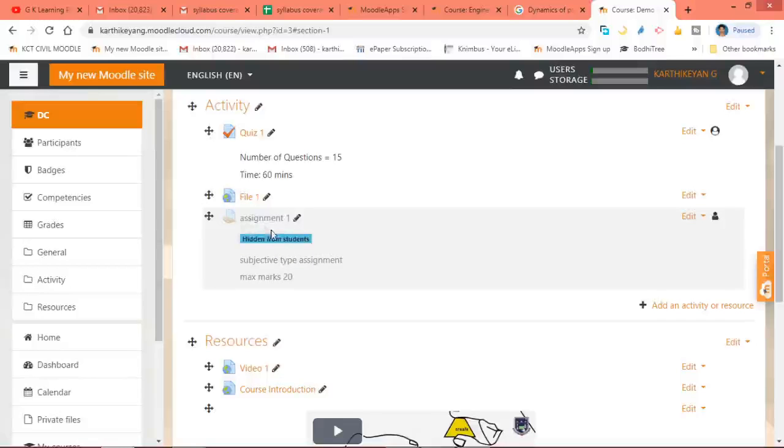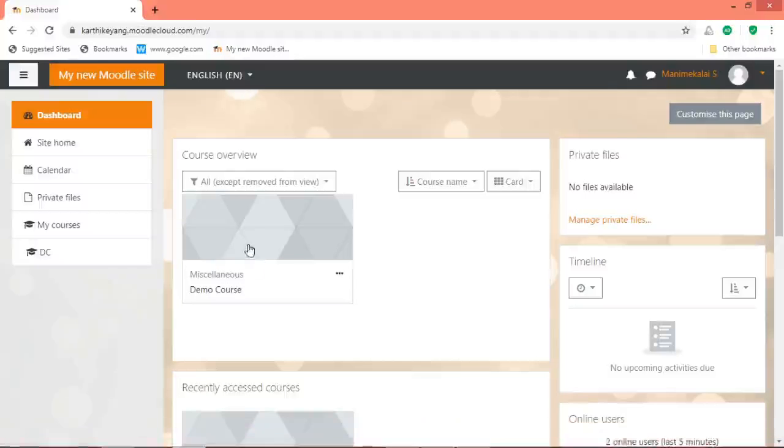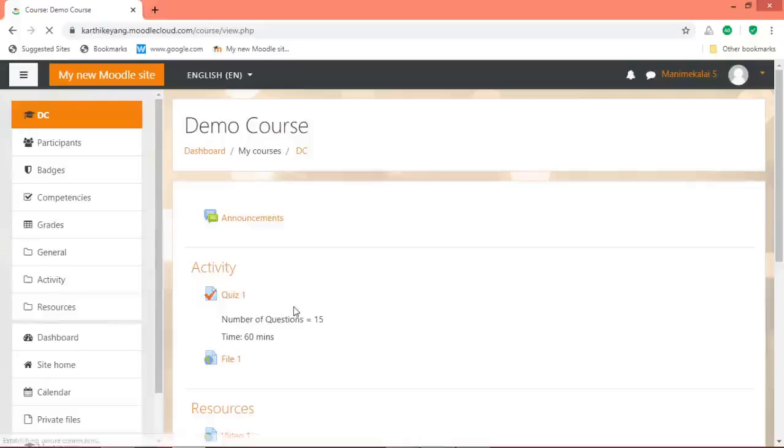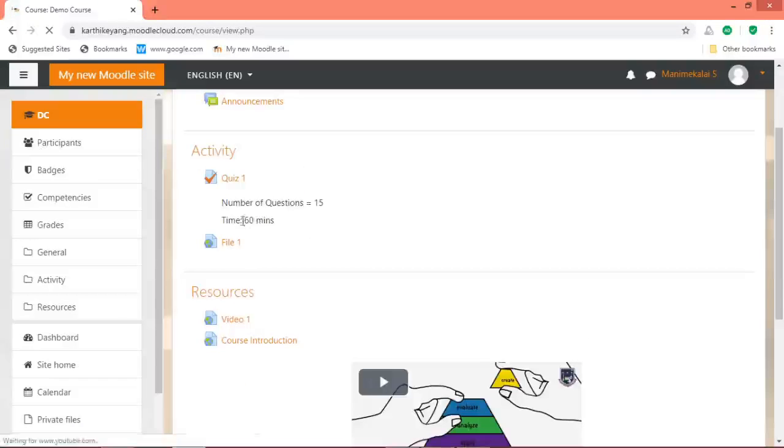I am going to check as a student how it looks, whether it is showing or not. For that I am going to log in as a student. See here, in the student Moodle login, there is no assignment file because I hid the assignment from the students.